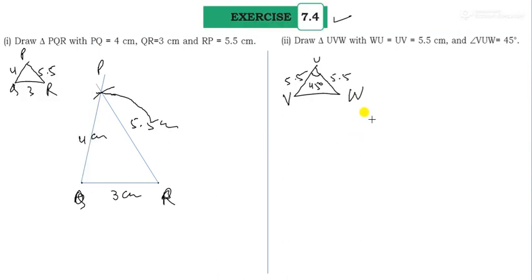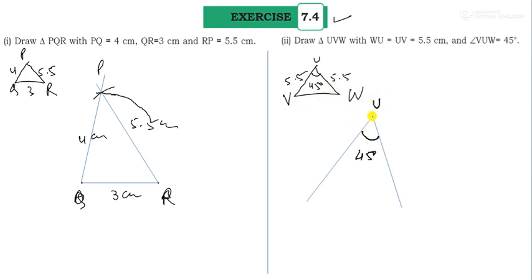How can I make it? First of all, we can draw a line, this one. Yes, and now what will happen? And here, you can put the 45 degree angle with the help of D or protractor. So you can make this angle. It is 45 degree angle, near about 45 degree. Yes, it is 45 degree angle. So you can write here, this angle is 45 degree. Make it with the help of protractor or D. It is 45 degree and the point is U.